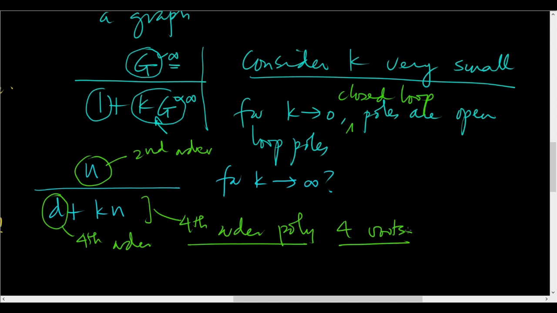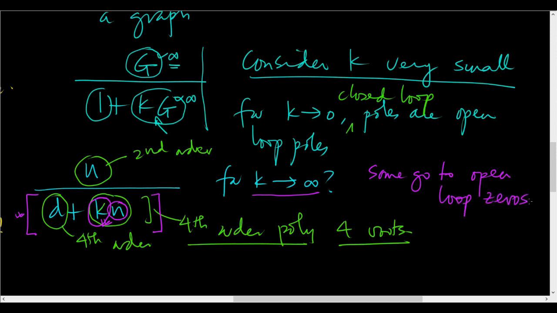That much is clear. Okay, out of these 4 roots, 2 roots are going to be dominated by this second order polynomial. You see, I am looking for roots. Try to understand that. I am looking for places where this polynomial is 0. This k is very big. So if this k is very big and the whole thing is still 0, that means this n has to be very small. That means that for k going to infinity, 2 roots of the denominator polynomial are going to be very, very close to roots of n. That means open loop zeros. Okay, some go to open loop